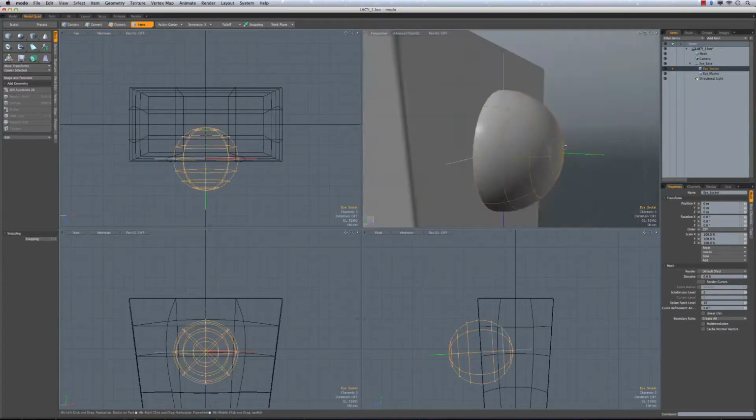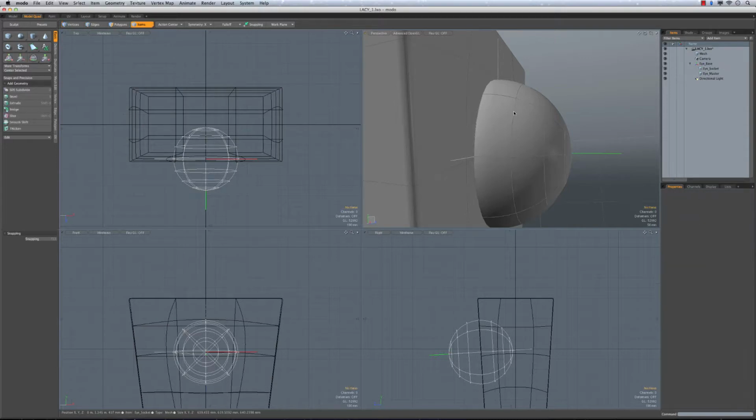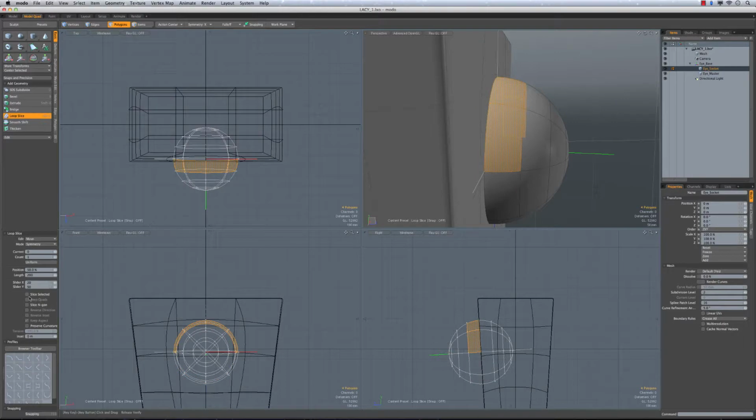And now I'm going to need to add in one extra edge, because what I'd like to have is a little bit of a lip along the edge here. And I don't want that lip to be as high. Let's go to edge mode here. I don't want the lip to be as high off the surface as this one here. I want it to be closer down to the base here and just kind of give a little bit of a ridge. So I'm going to select here and do a loop slice, and I'm going to make sure that